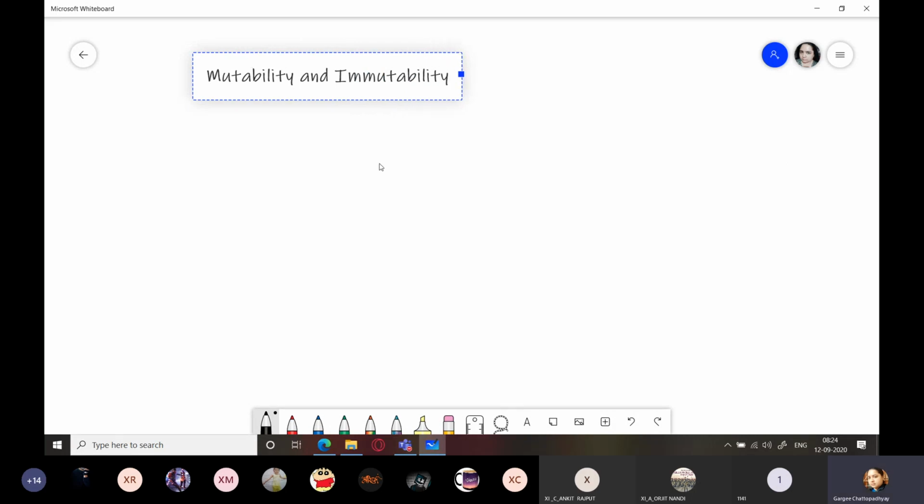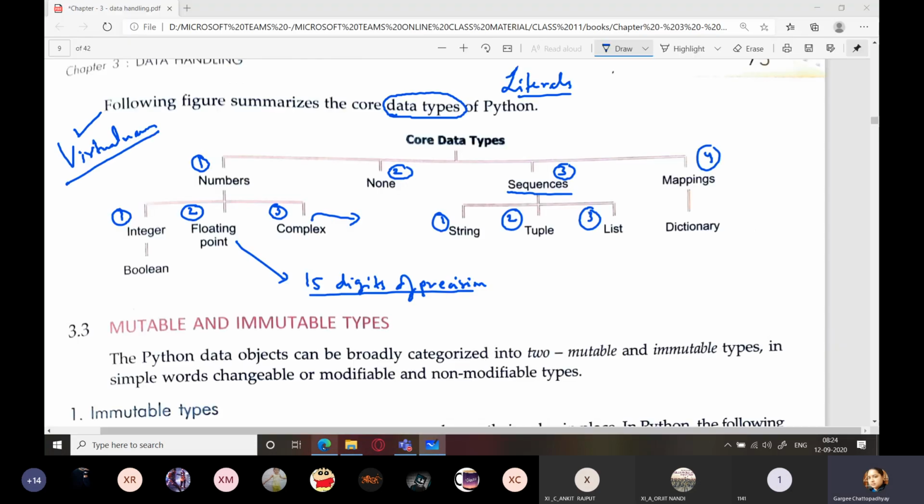Now, what is mutability and immutability? So watch it very carefully. First of all, I will mark those data types which are mutable. I'm going to rub everything over here.